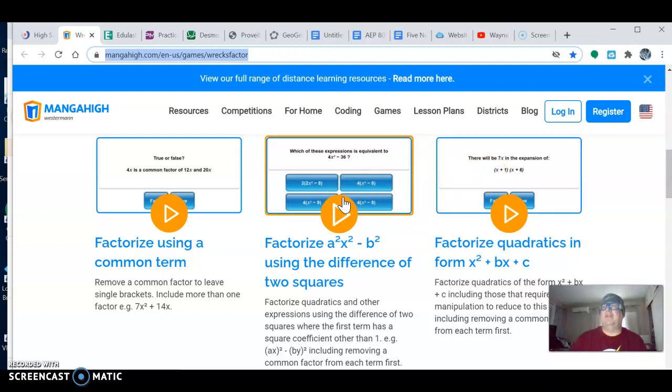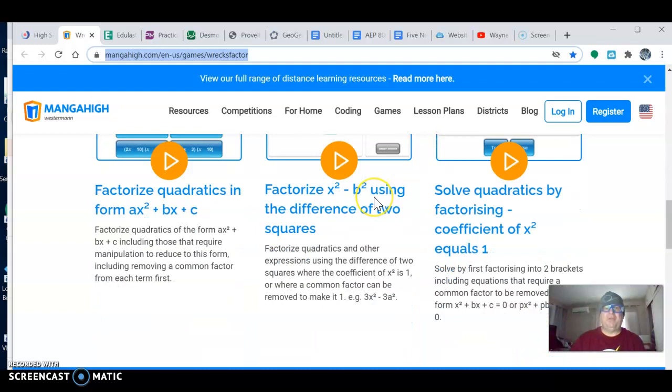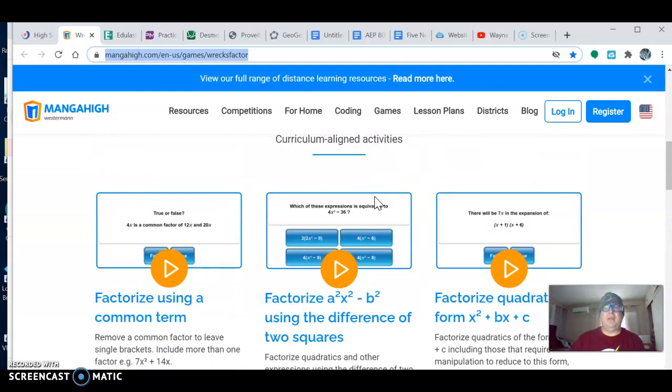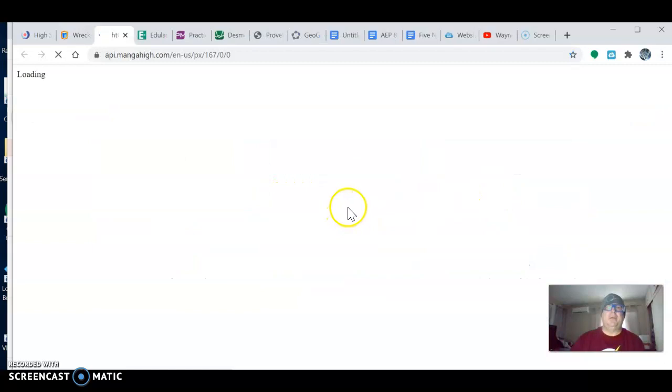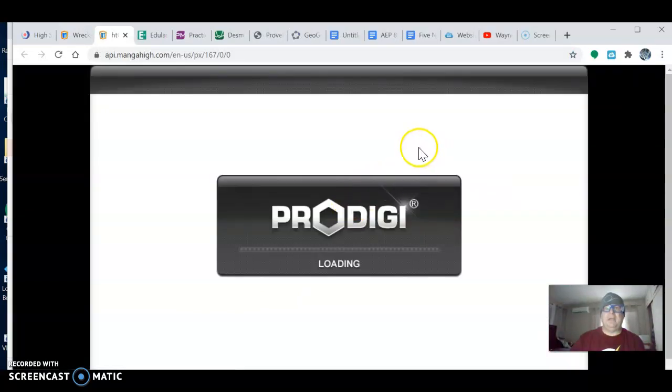Again, the audience is intended for students and or teachers to use so that they can link this to whatever platform students are using. So if we give a little bit of demonstration of some of these games, again, topic oriented. I just chose this because this is in my own class. So if we factor quadratics here, I can click on this and choose it. And it comes up and loads up, as you can see. We'll play a little bit here.